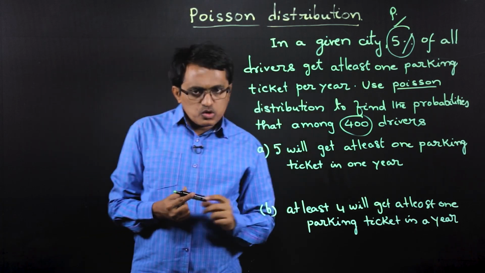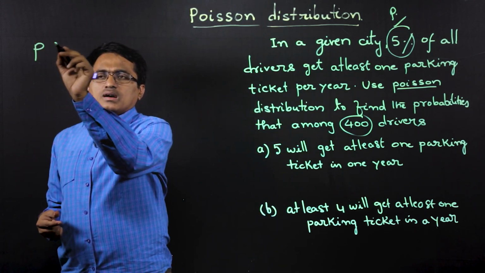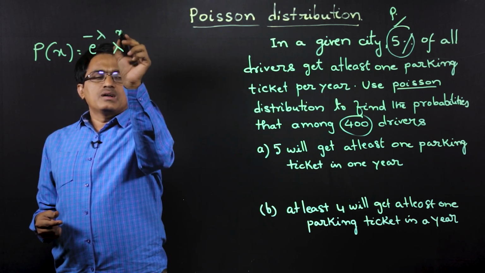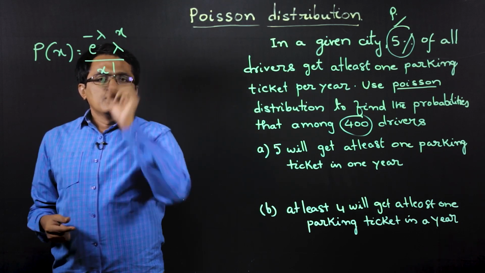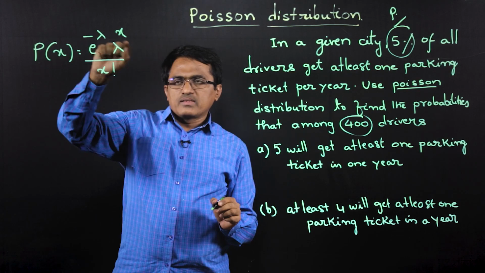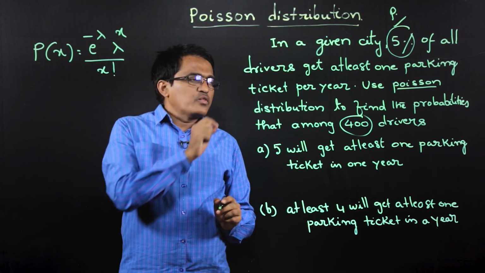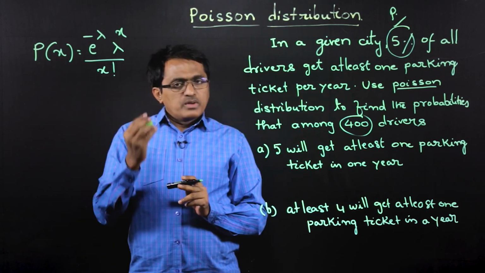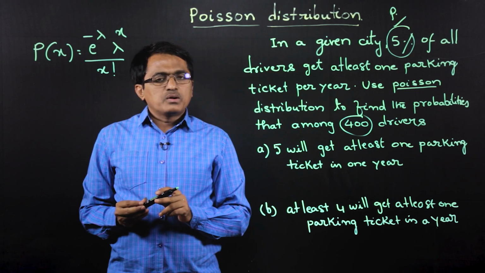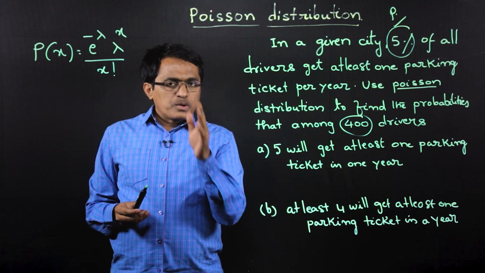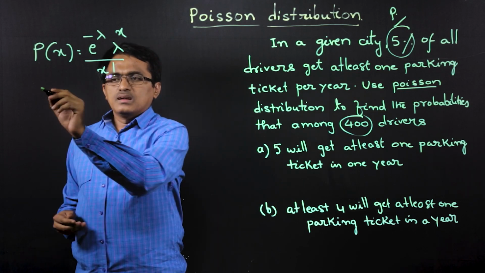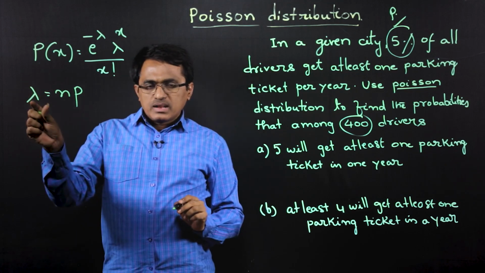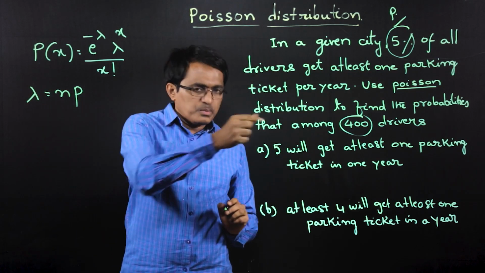And if we want to use Poisson distribution, then if you recall, the Poisson distribution is given by e power minus lambda, lambda power x by x factorial. So to solve this, we require the parameter value lambda. How to find lambda value from the given data? In this case, as lambda is not given directly, we have to use the binomial approximation to Poisson distribution, that is lambda equal to NP as discussed. So by using this, we can find the parameter value, then we can look into the problem.